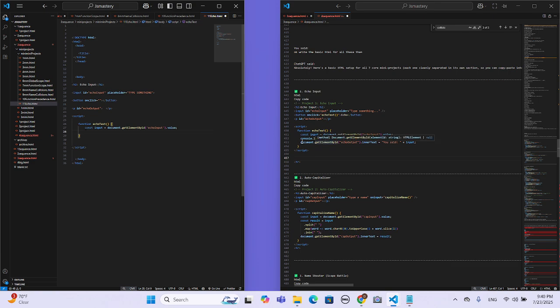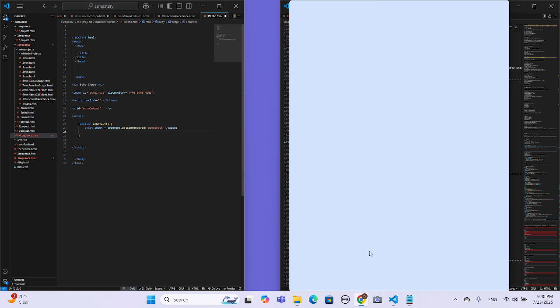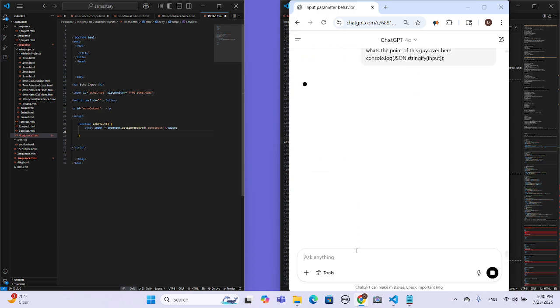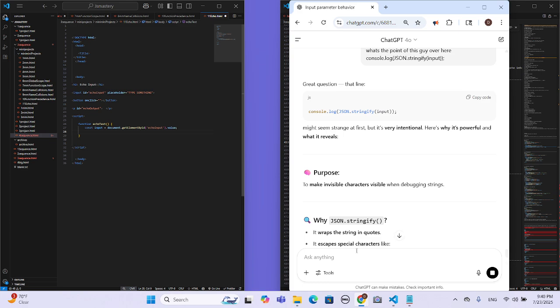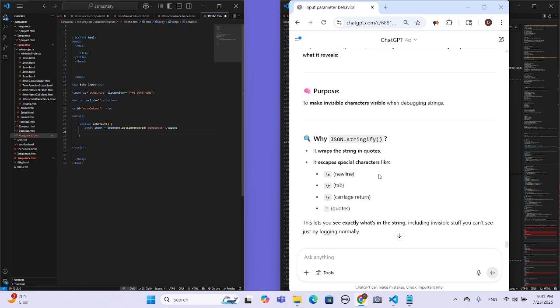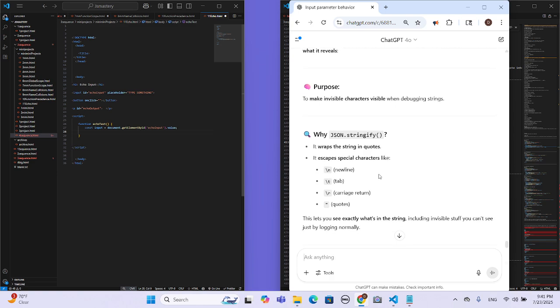Stringify. All right, so we've got to figure out what this is. What's the point of this? Characters visible. It wraps the strings into quotes. Okay, special characters like